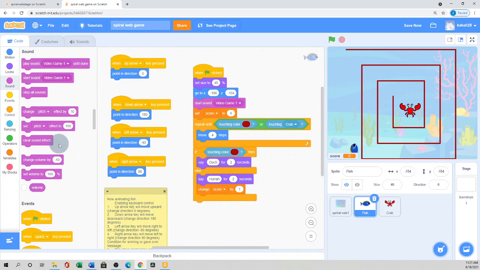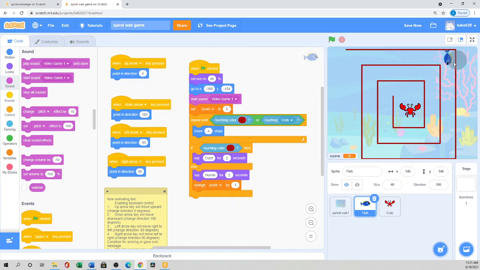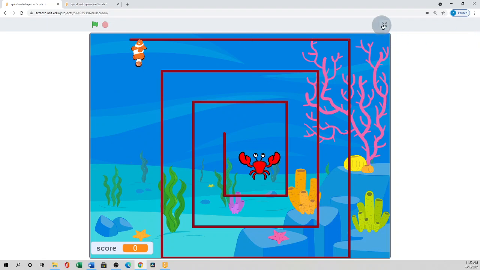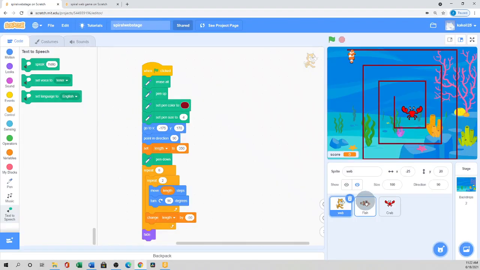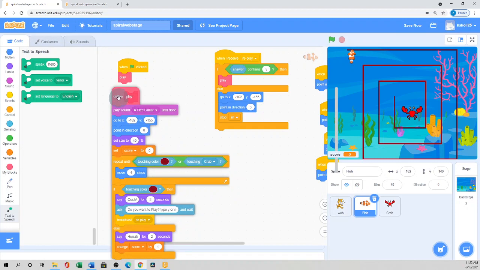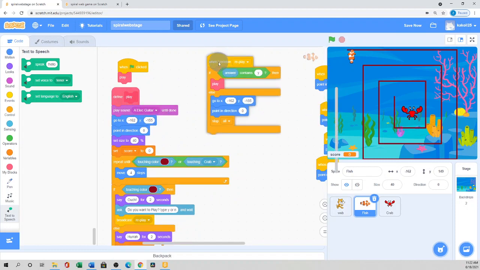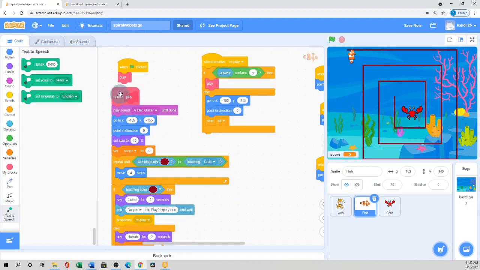Okay, then two things we'll do. Like when it touches the color, you can set things, like see my project here, the fish section, we did a lot of things. So next tutorial I'll show you how you can use your own defined function,